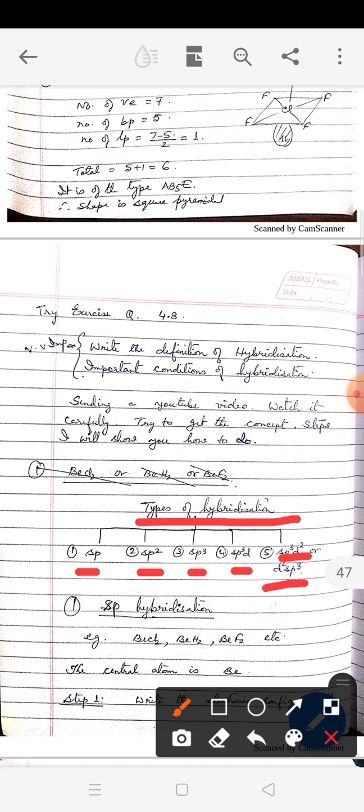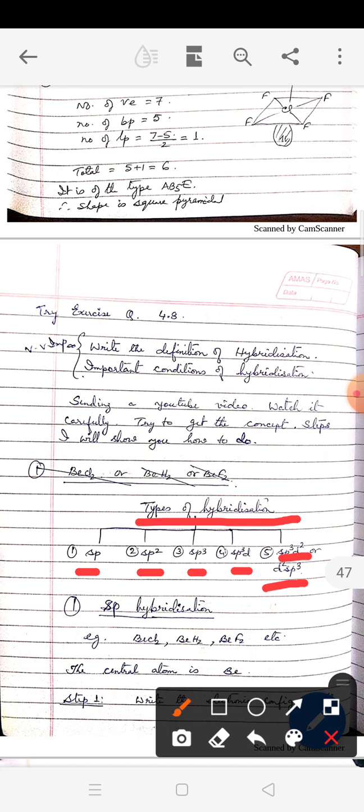Now what is the difference between the two? sp3d2 and d2sp3. The number of orbitals are the same. Total number is 6, as you can see. sp3d2 means s orbital, p orbital and d orbital, they all belong to the same shell. Say we have d orbital only from the third shell. In the second shell we do not have d orbital. So if I mix 3s with 3px, 3py and 3pz and two of the d orbitals, any of the two, maybe dxy, dyz, all belonging to the same shell, then it is sp3d2.